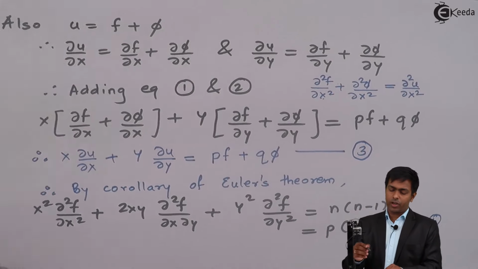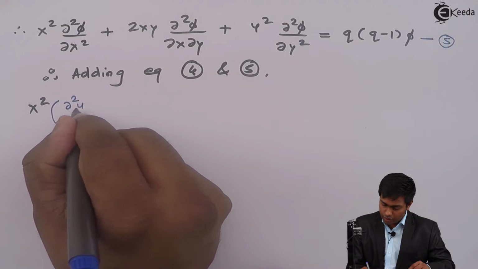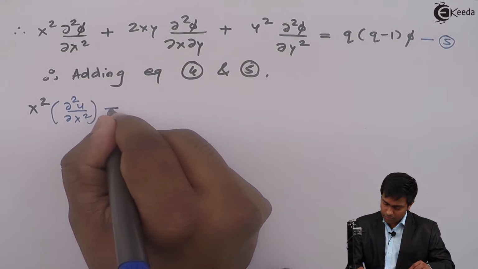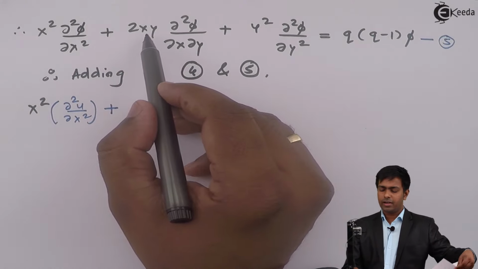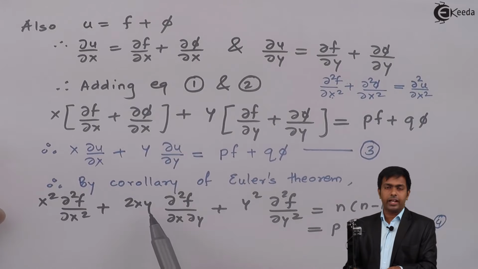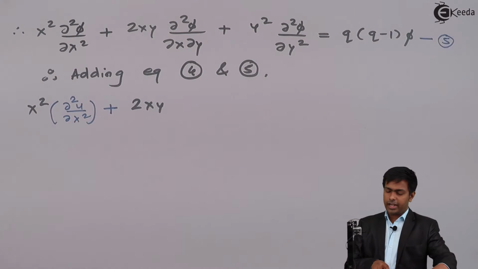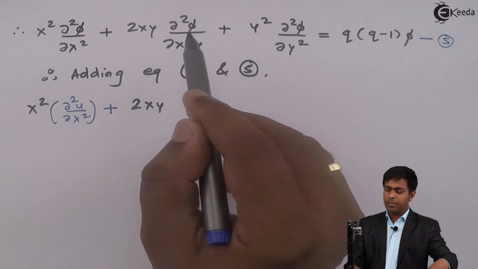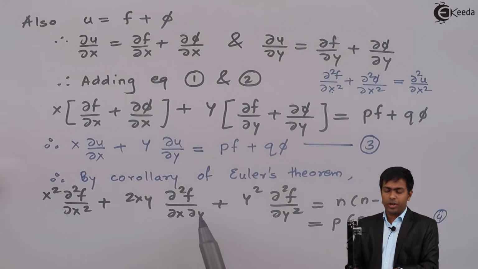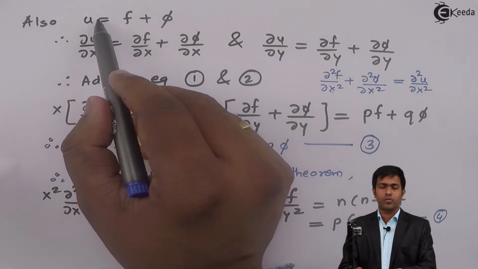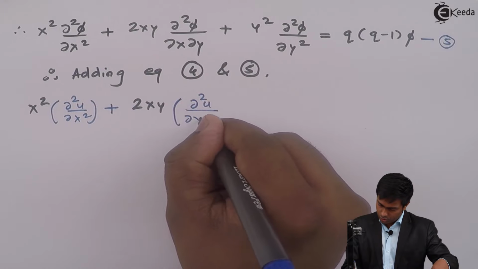So after taking x square common, the addition of these two terms can be ∂²u/∂x². Plus, now observe the second term, here 2xy and here 2xy we can take common. So 2xy outside. Again here in the bracket we'll get ∂²φ/∂x∂y and ∂²f/∂x∂y. So addition of this is nothing but ∂²u/∂x∂y. So here we'll say it is equal to ∂²u/∂x∂y